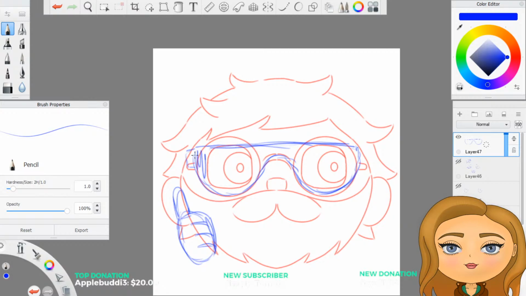And then obviously this would be all coloured in. So you can't see the stuff underneath. This would definitely have like an eyebrow moment.